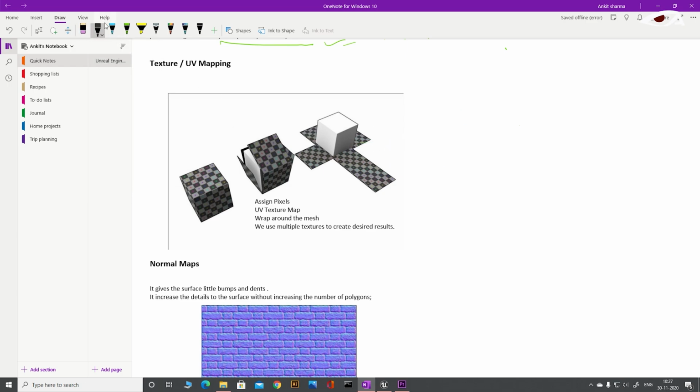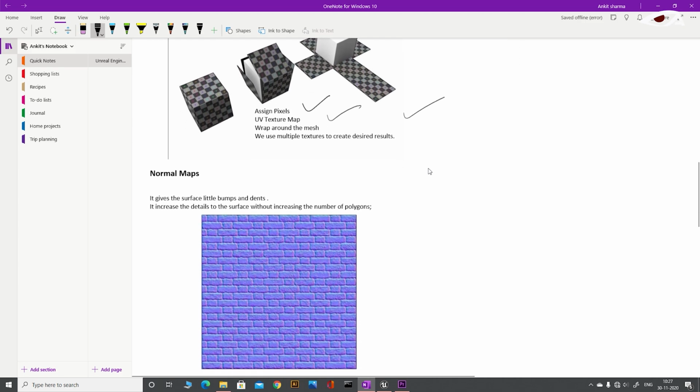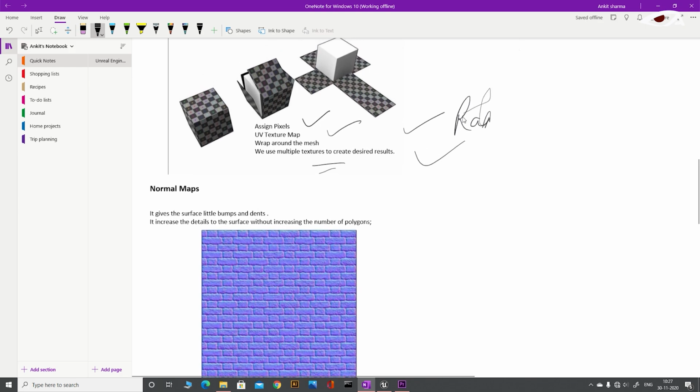So after creating a material, the question is, how do we apply the various textures that come with the material onto the surface? The method we use is called texture mapping. Texture mapping assigns pixels from a texture image to a point on the surface of a polygon. The texture image is called a UV texture map. And again the question is how to create and use the texture map. We will first need to unwrap the mesh and lay it down in 2D. It will then be wrapped back around the mesh.